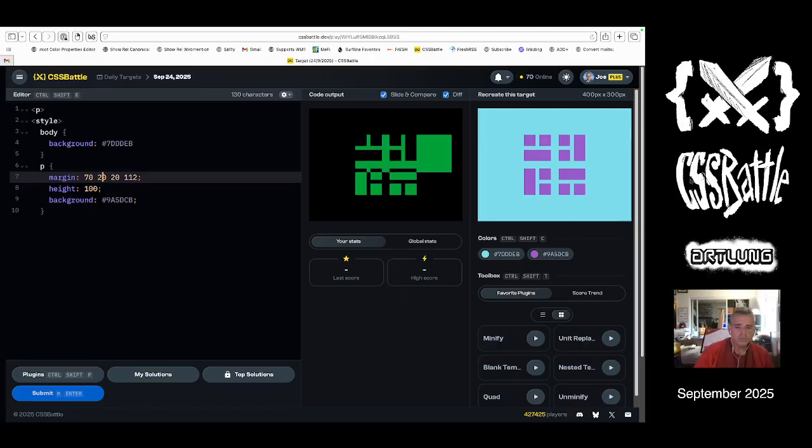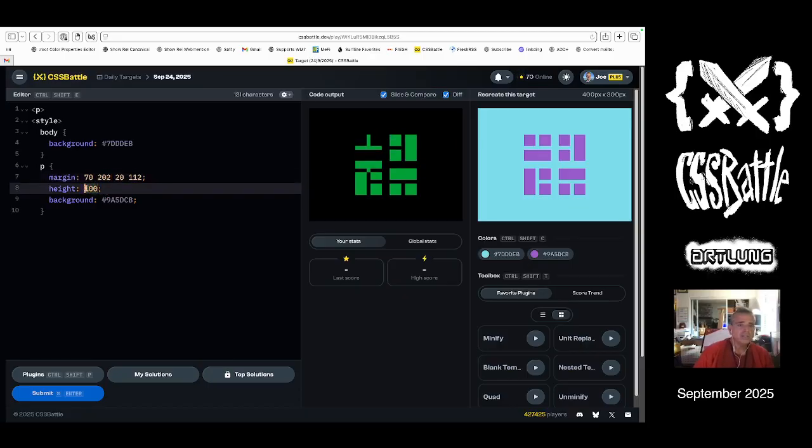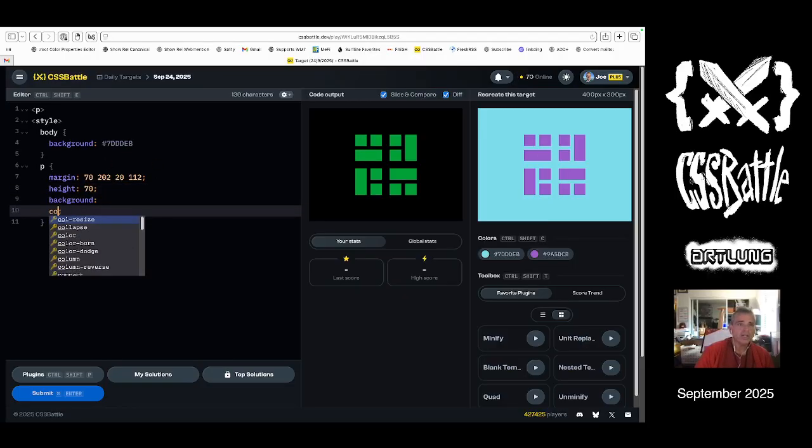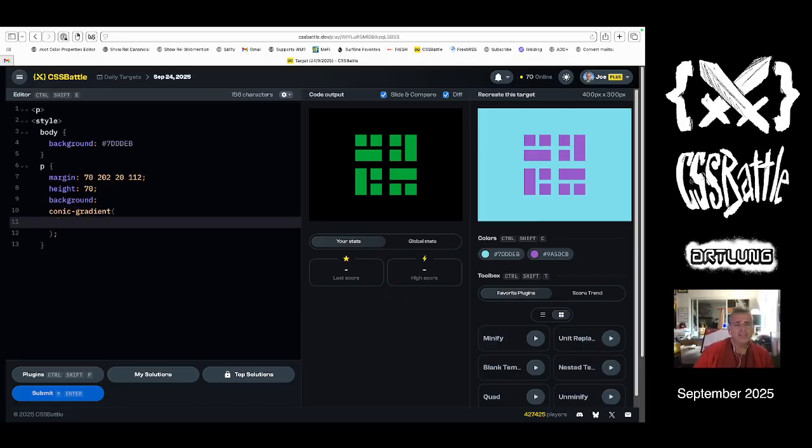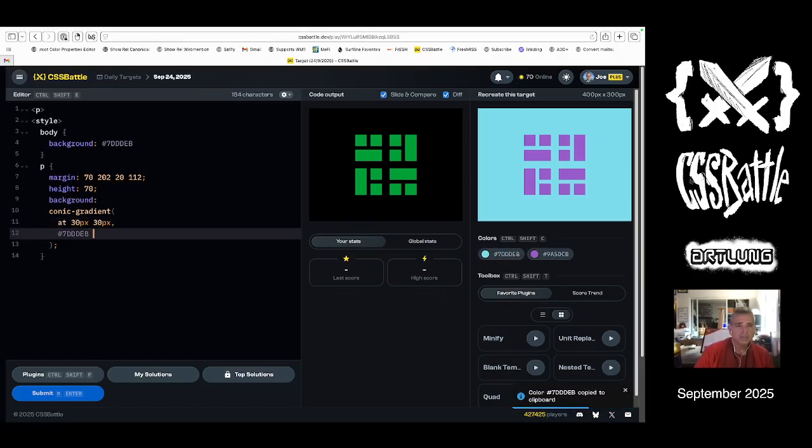No, that's way too much. 200. 202. Great. And then this height is 40. 40, 50, 60, 70. There it is. Okay, so then the background becomes a much clearer scenario. How about a conic gradient that is at 30 pixels, 30 pixels. This color,